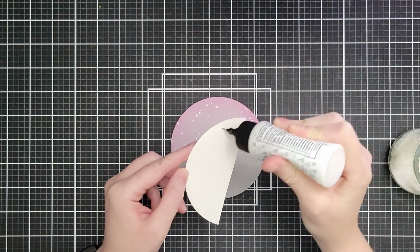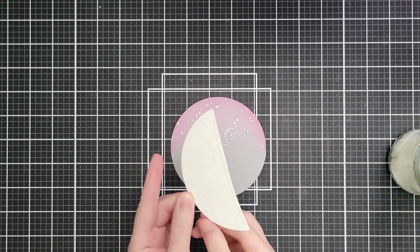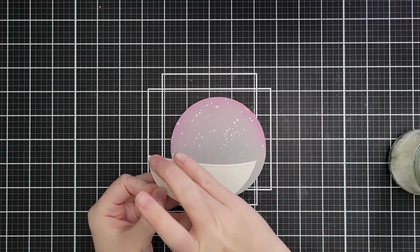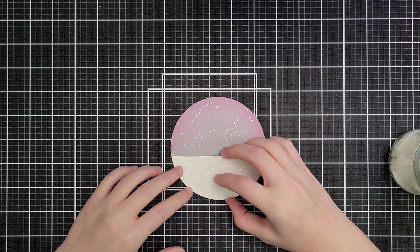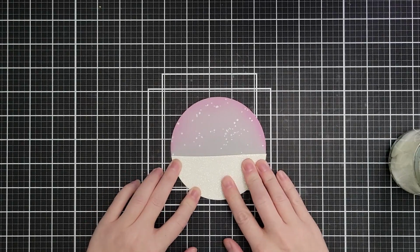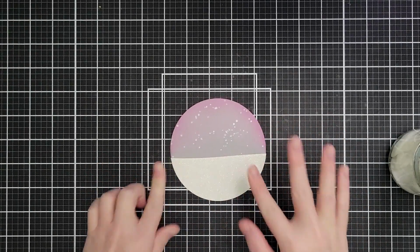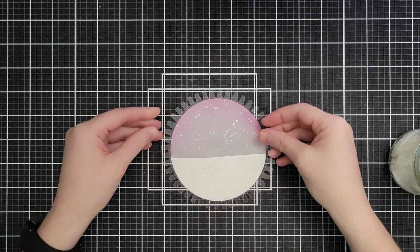Now, because I have little bits of shaker sequins and goodies that are going to be running around in there, I want to make sure that right up along the edge I've got plenty of glue, and I'm even using my finger to smooth along the edge, because I don't want my bits to get caught in the edge and stuck in there so they don't move. It's not my favorite. So once I glue that down onto my gray cardstock,